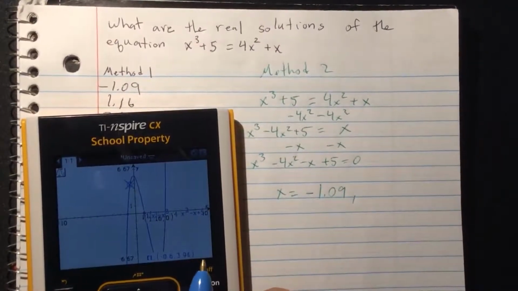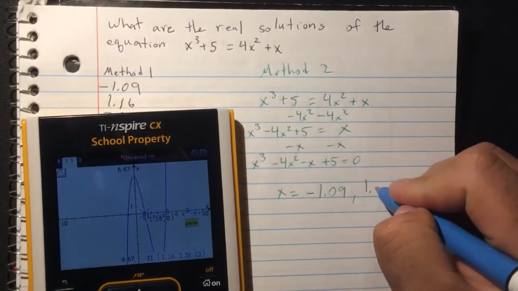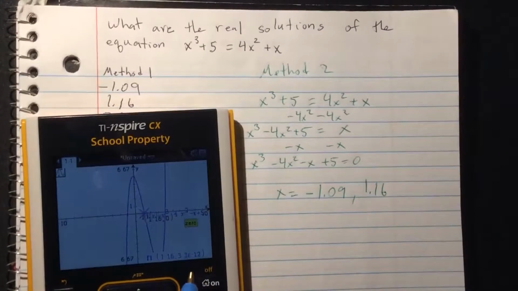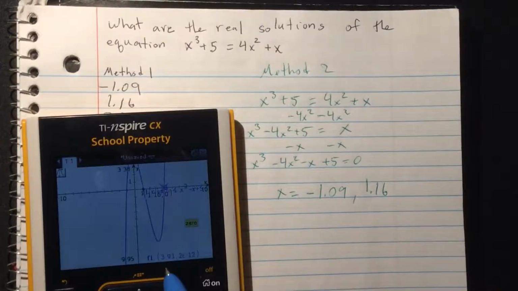Then we go to our second zero, which is at 1.16. Our last zero, which is at